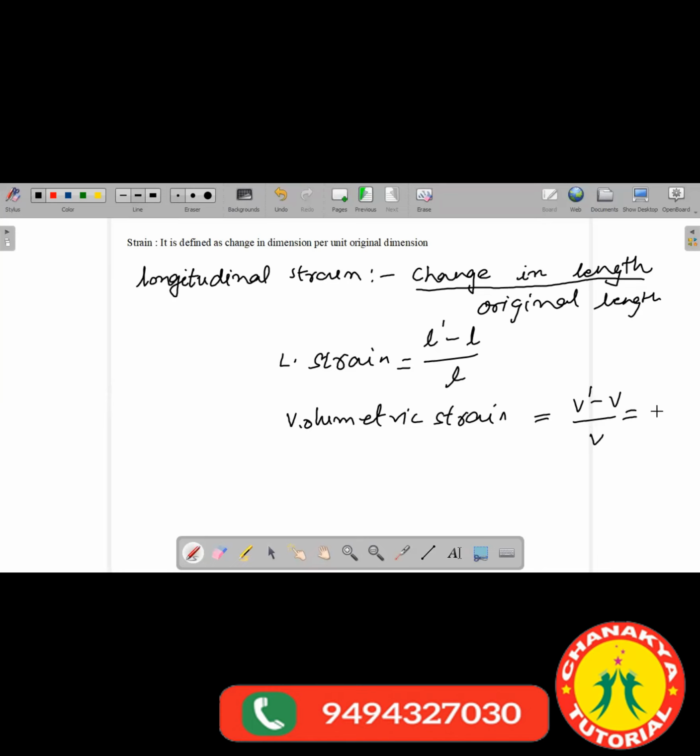It can be written as delta V, the change in volume, by original volume. Longitudinal strain can be written as delta L over original length. And you have the shearing strain. Shearing strain is something like this: suppose you have a wall, and on this wall you have a hanger, put like this. Now on the hanger, if you attach some mass,